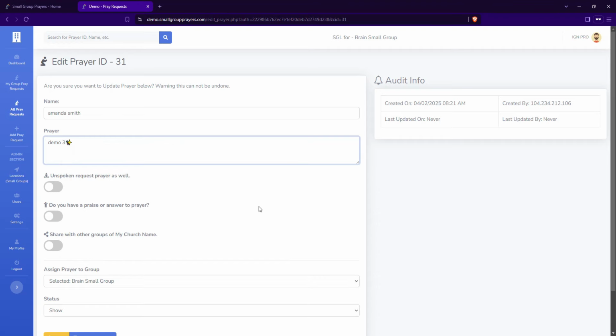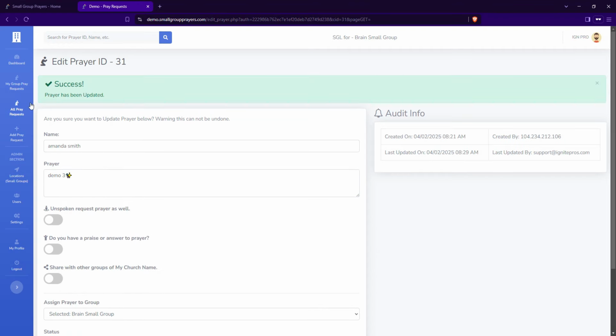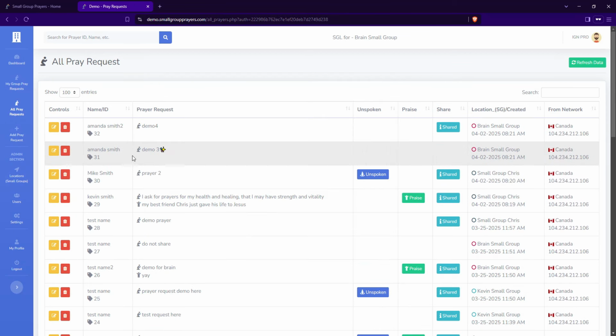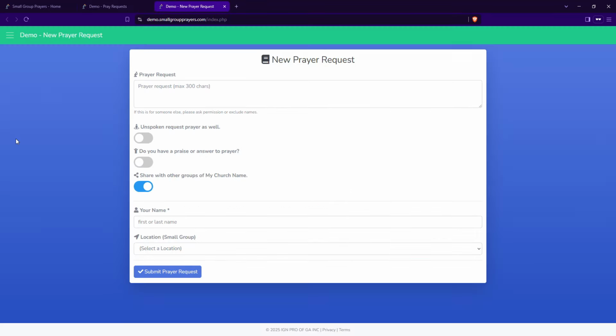So if people submit with their mobile phone, they can put in emojis. This is compatible for that as well. So you can see that pop up there. Also, add prayer requests. When you click on this, it takes you right to that same page we were just at earlier. So this is just the link that you would share to your church and your organization for new prayer